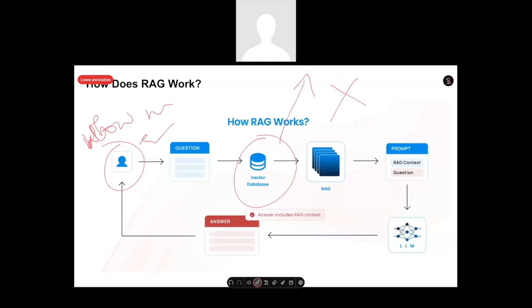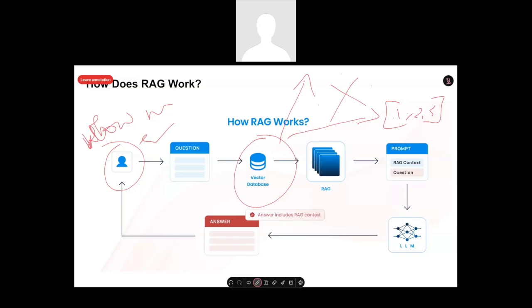Here I am storing all the information required in a vector database. A vector database is nothing but we are storing in vectors. Vectors are nothing but arrays of numbers. Okay. Why are we storing it in numbers?